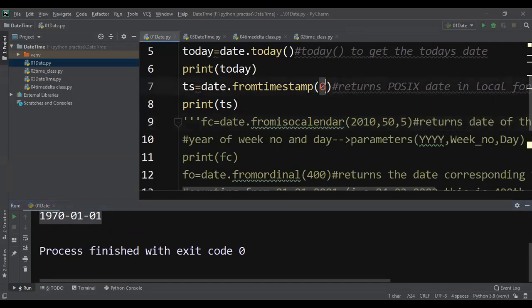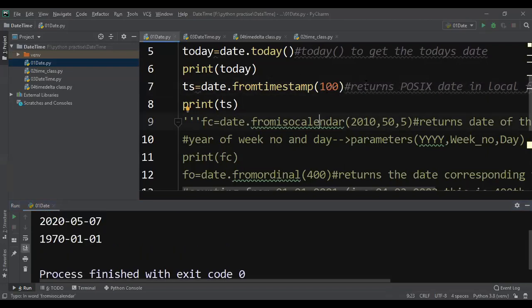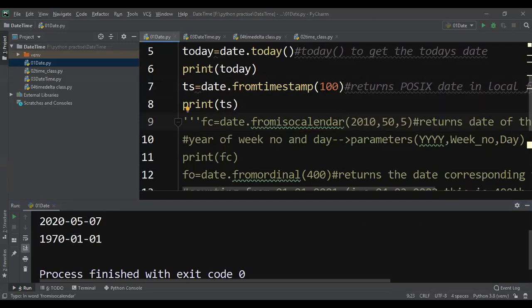Now I'll change it to 100 and execute it. It is giving the same, 1/1/1970.